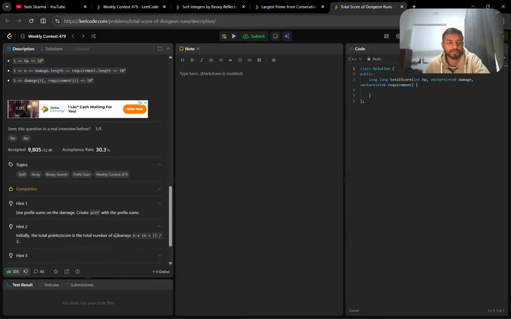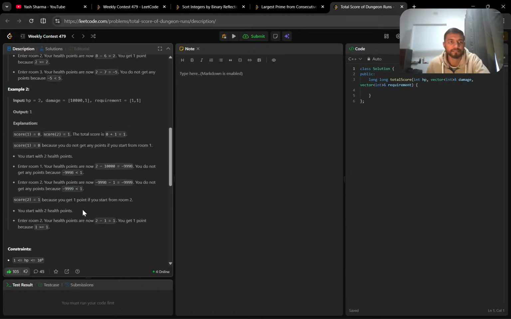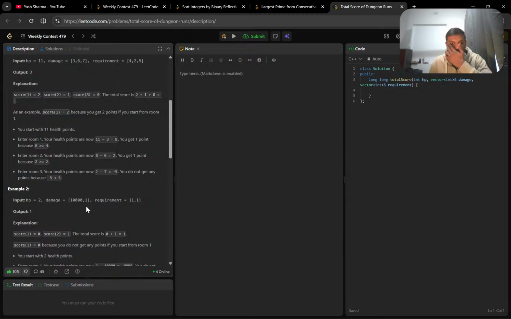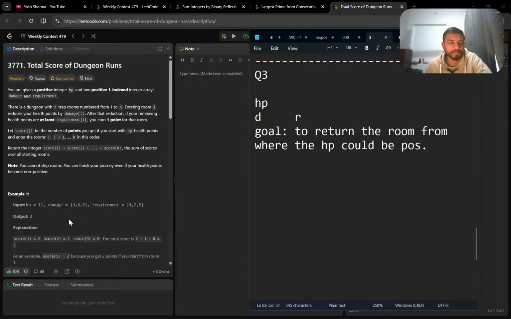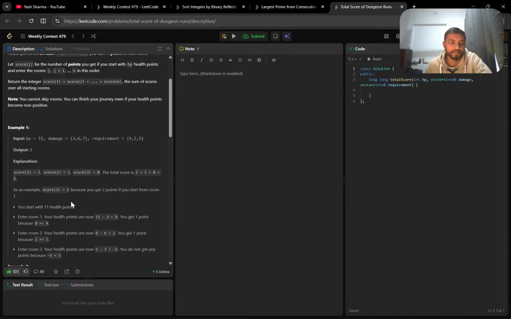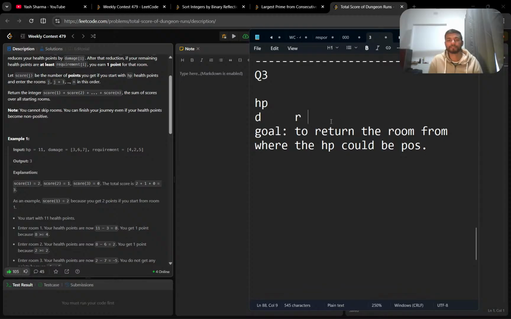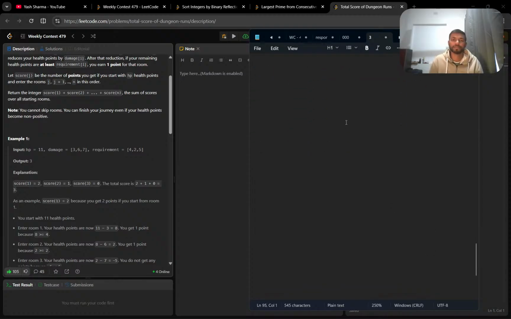Points divided by score is the total number of subarray. पहले तो क्वेश्चन समझो, ये रिटर्न करना है हमें, ठीक है। चल तुम इसको नहीं, इसको देखो, हमें रिटर्न करना है sum of all scores. This is what we need to return. Return the integer, this is the sum of score over all the starting rooms, ठीक।